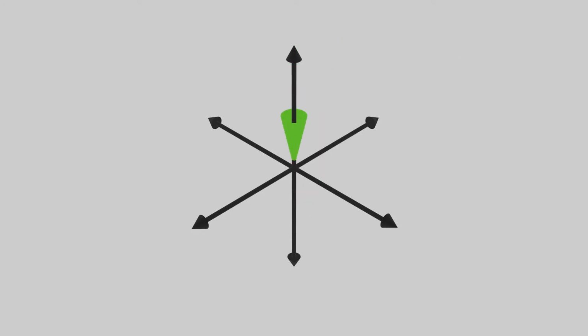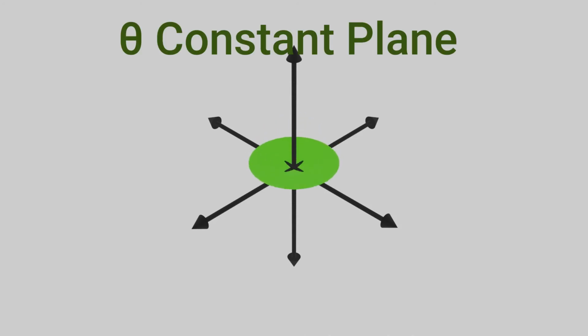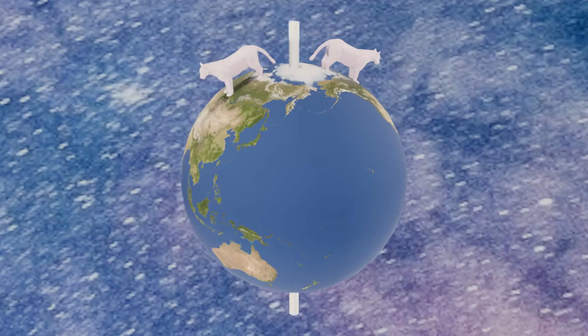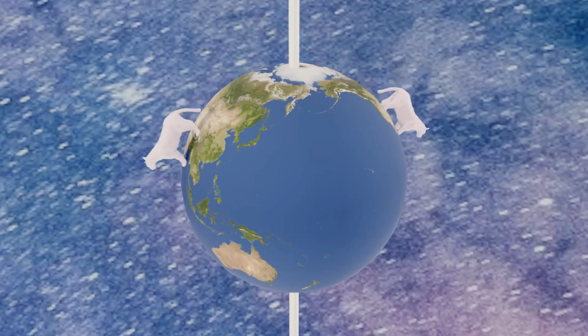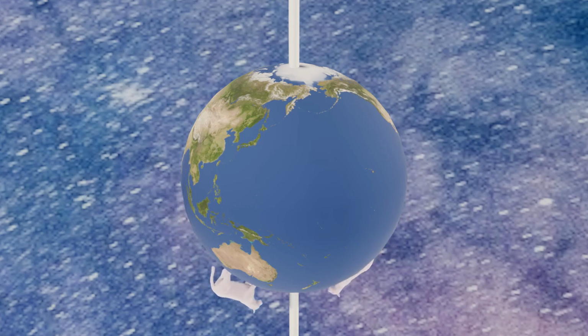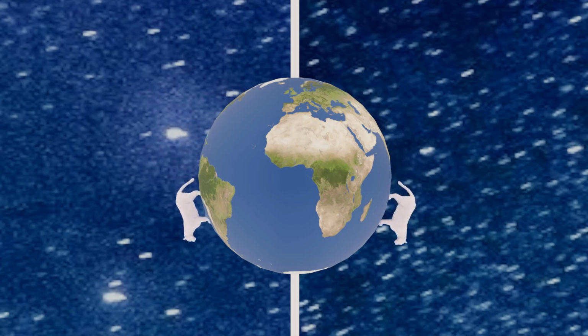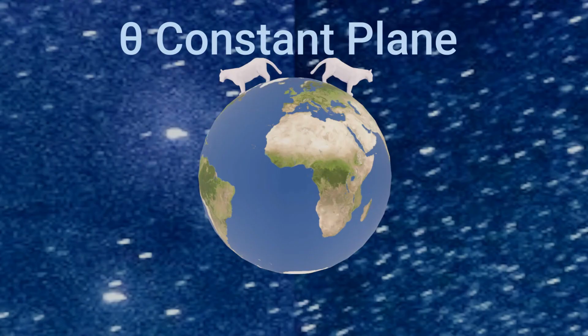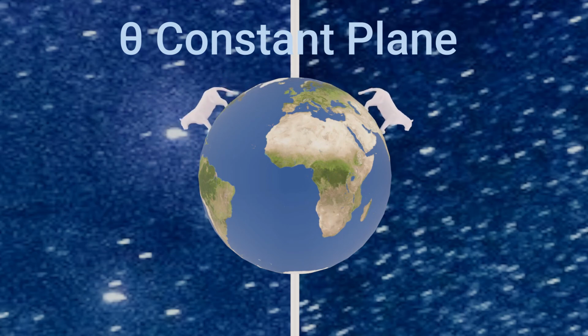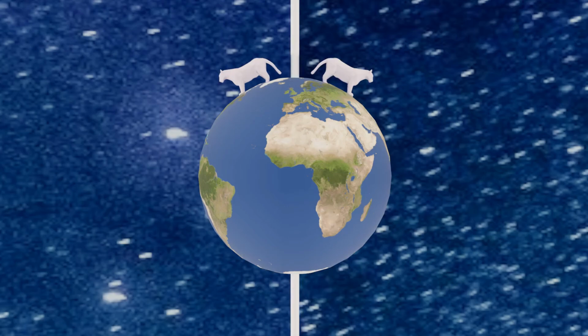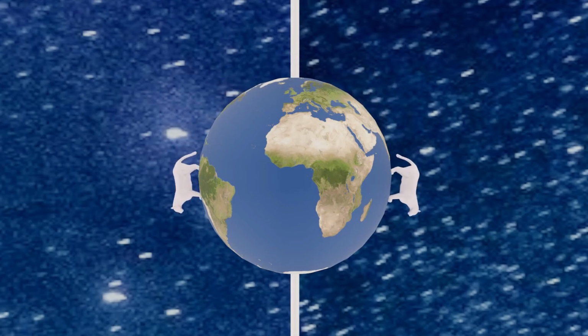The next angle is theta, which starts from the z axis and it goes towards the negative z axis. So we require this one more angle to find out the position of an object, like we can see here in this example of Earth. Now we can imagine that these tigers are moving from positive z axis to negative z axis. This angle will have limits from 0 to pi. That is the second angle we require to find out the position of any given object in spherical coordinate system.